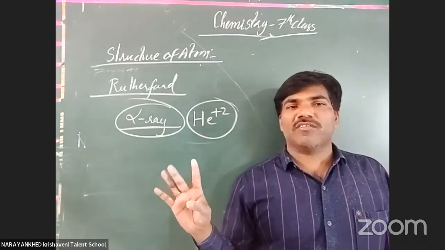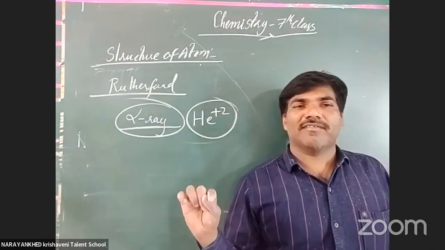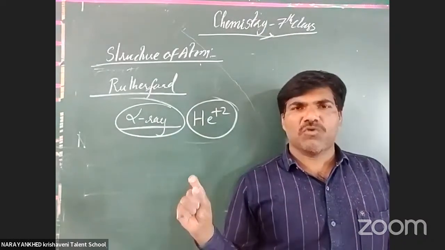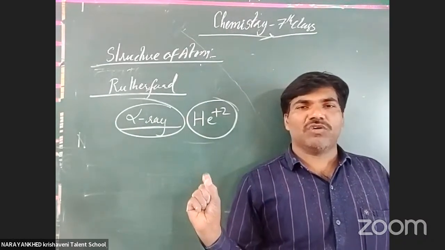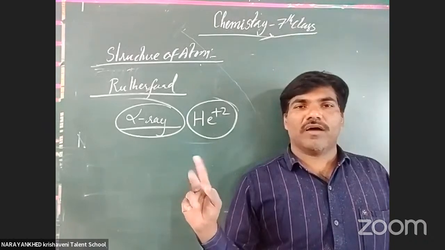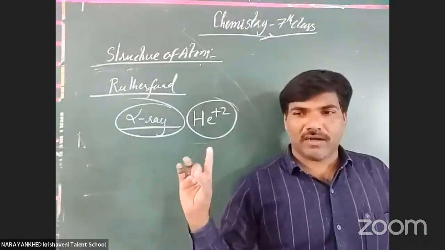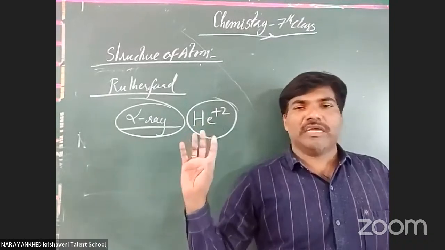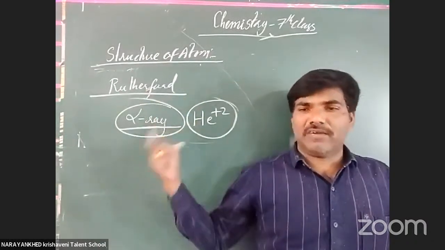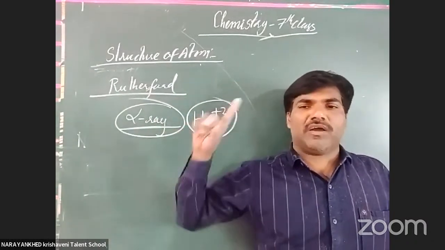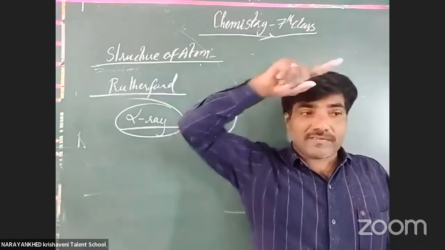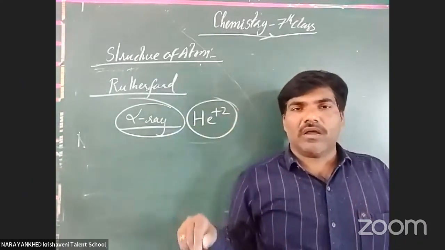Yes, is any branch student ready to give the first 20 elements? The first 20 element names. Hydrogen, helium, lithium, beryllium, boron, carbon. Yes, and nitrogen, oxygen, fluorine, neon, like that. Totally 118 elements are there. Of those, you should know 30 element names, along with atomic number and atomic mass. Okay, clear or not? Yes, and you have to know them in sequence. Okay, clear or not, all the students?